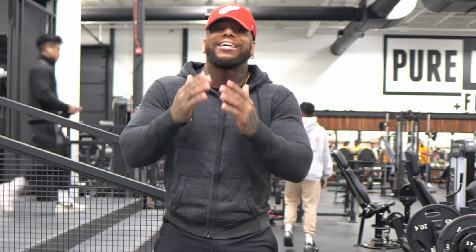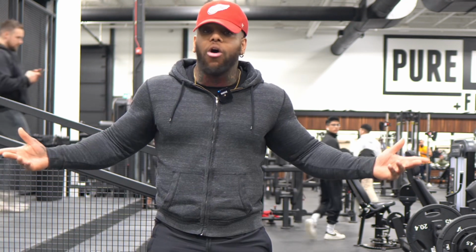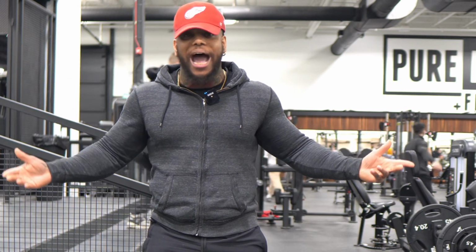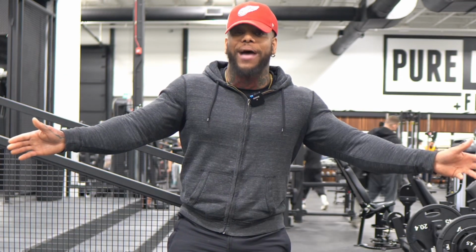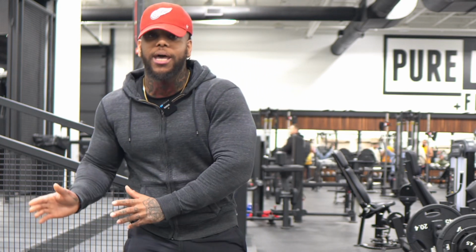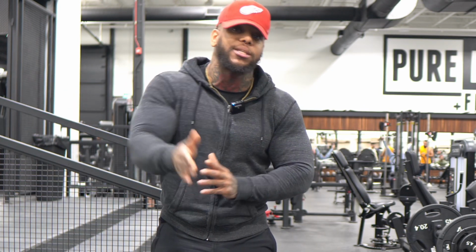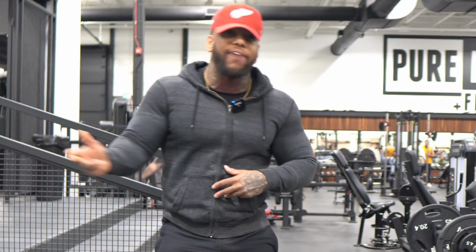But that's just me. Key thing is recognize your own body's pattern, right? Because all of us diabetics have our own pattern that we have to dive into. What works for this person doesn't work for that person. But understanding your own body's pattern over a specific time frame is what's gonna allow you to lead with confidence to make that change on your insulin in order to bring that blood sugar and have a more stable